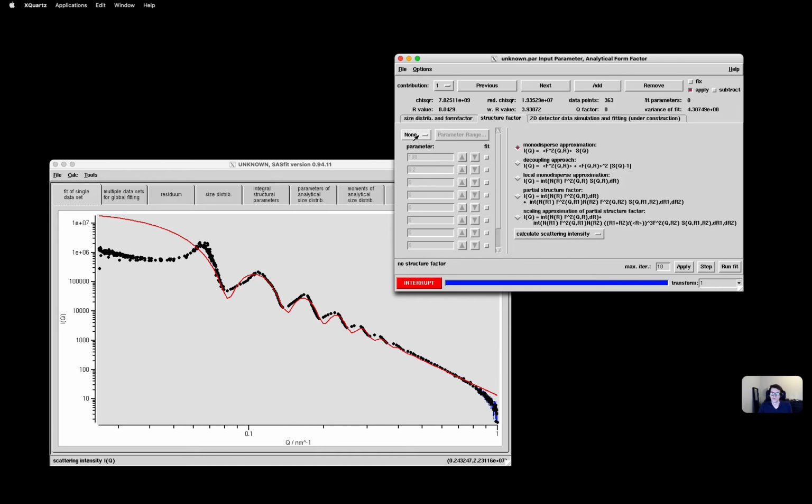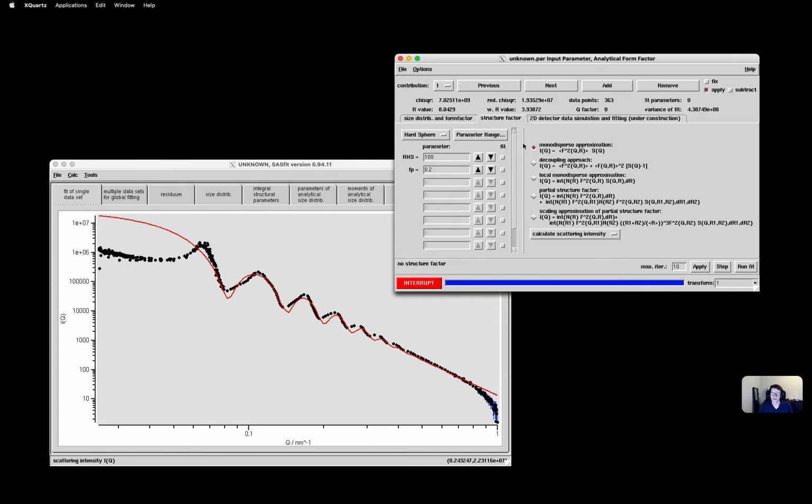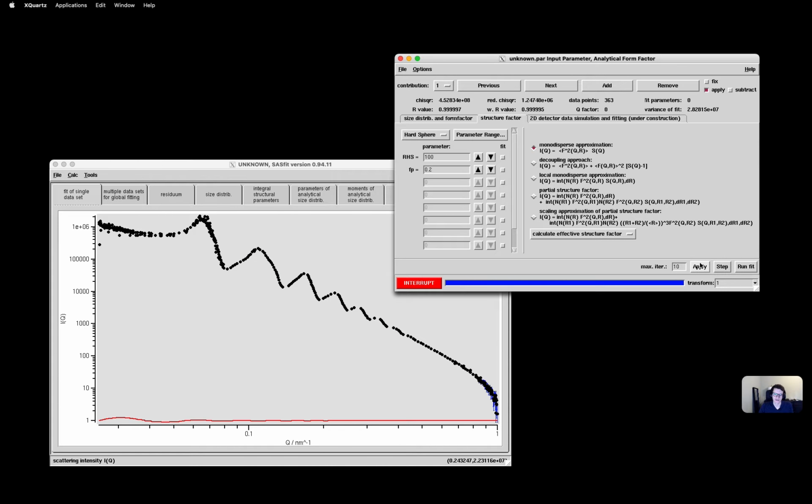For this, one could try a hard sphere, for example. It has the default values. Good choice, okay. For the repulsion radius 100 and volume fraction, let's see how the structure factor looks by itself. Here, in the structure factor pane, I can switch to showing only the structure factor and pressing apply. Yeah, it plots it in the same window. The structure factor is always around 1. So this doesn't help me much.